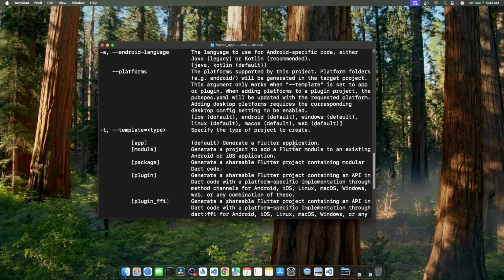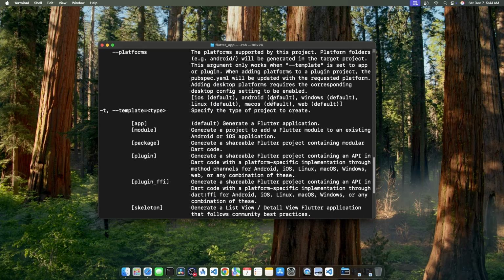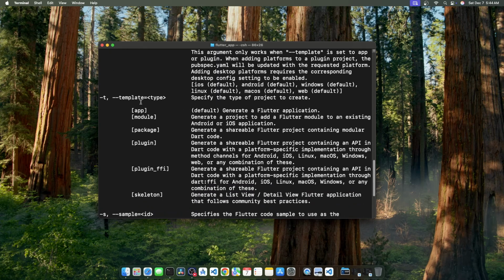Then we can also control the platforms which our Flutter project supports. By default, when we create our Flutter project, it supports all the platforms: Android, iOS, Linux, web, and Windows. But suppose you want to support only Android and iOS, then we can create a Flutter project that supports only Android and iOS. Okay, and we can also select the template that we want to use to create our